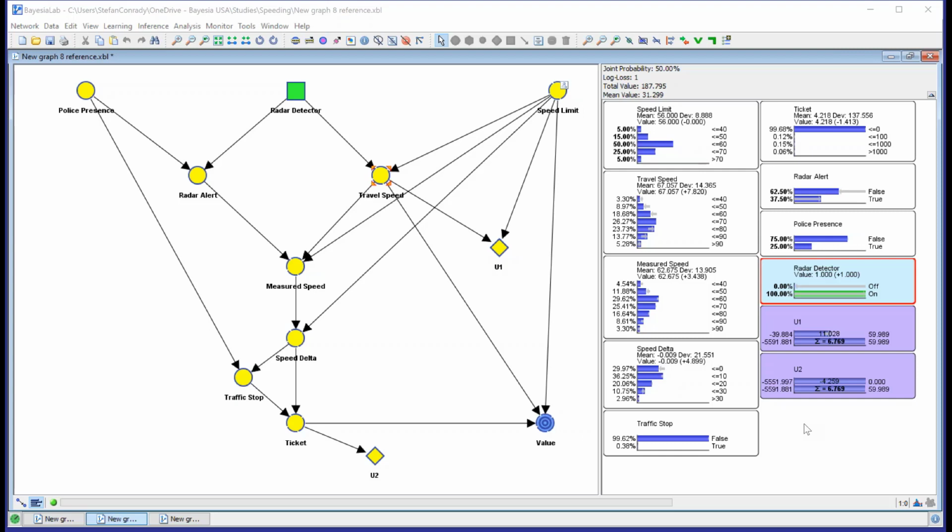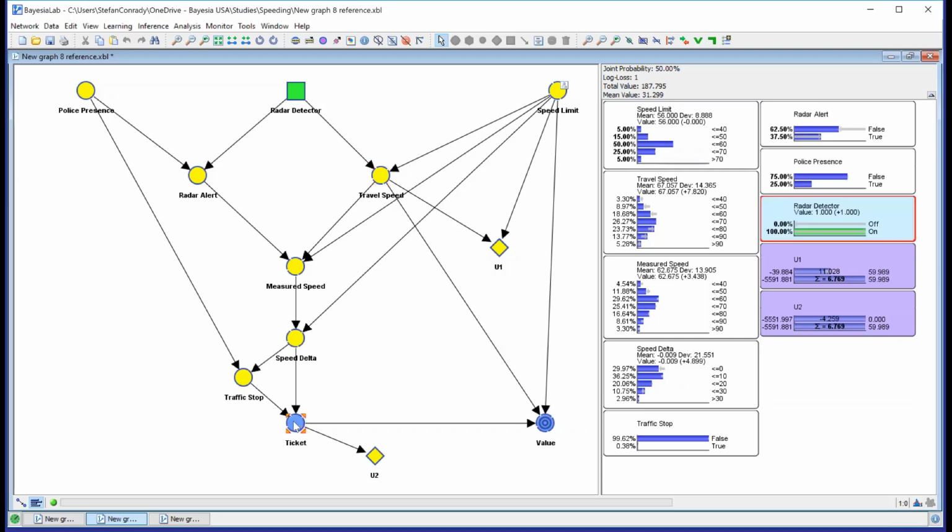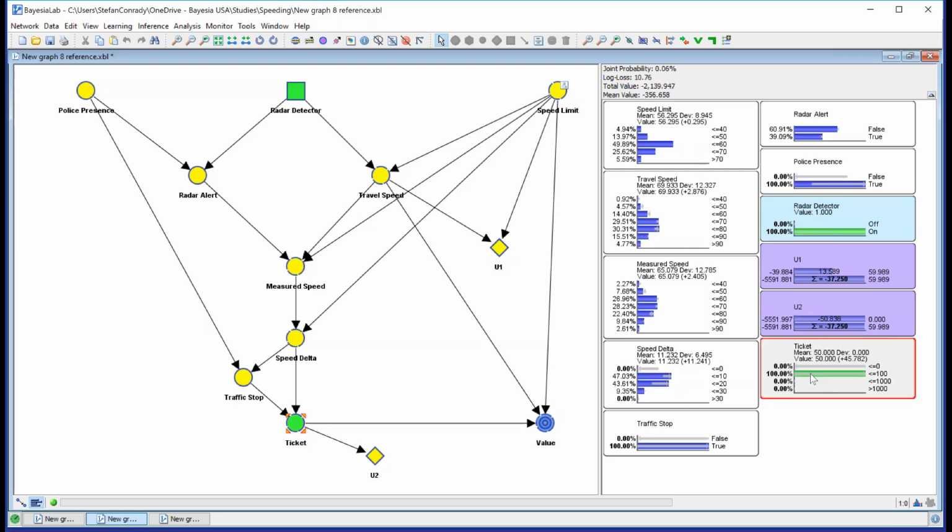So perhaps if one of your employees gets a ticket and is trying to argue that it wasn't such a big deal and he wasn't really going so fast, if you take the model, you could say, okay, I set a ticket. Where's my ticket here? Here we go. Let's say the employee gets a $50 ticket.